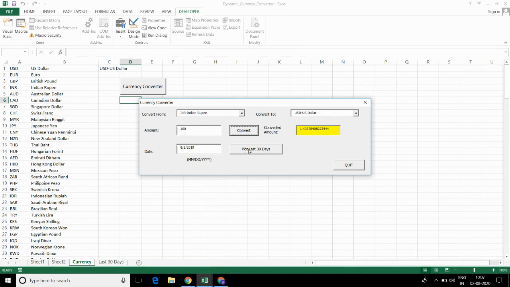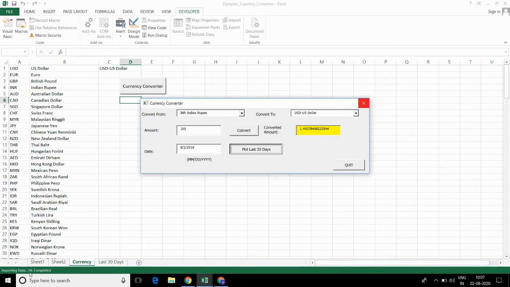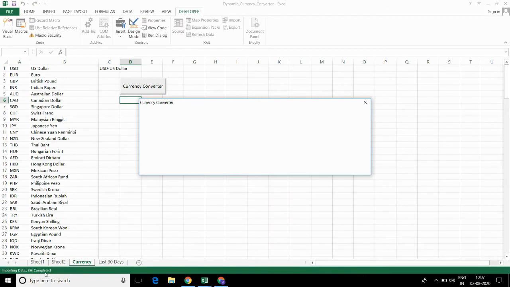And let me click on plot last 30 days. So it is grabbing the data from the website and it is pasting it in sheet 2. Here it is showing us the progress of the for loop.